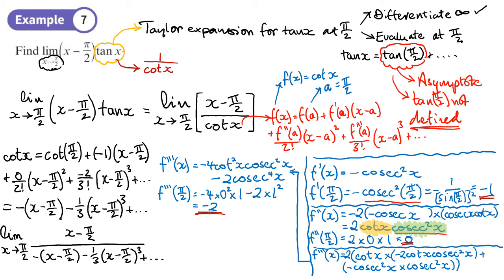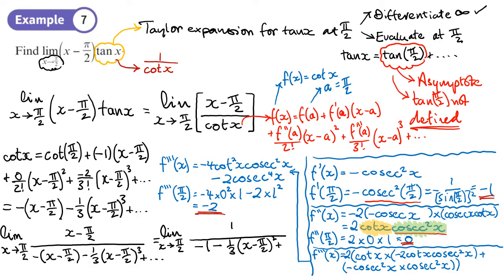Now we can cancel this down because we can divide each term in the denominator by x minus pi over 2. So that will just leave 1 at the top. And then at the bottom, if we divide this by x minus pi over 2, I think I said x minus 2, I meant x minus pi over 2, this just becomes negative 1. This here, this will just drop down by 1 power, so minus a third x minus pi over 2